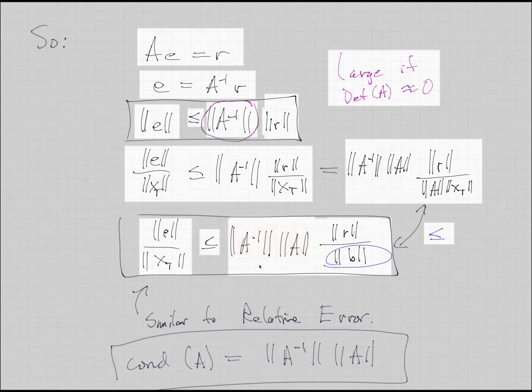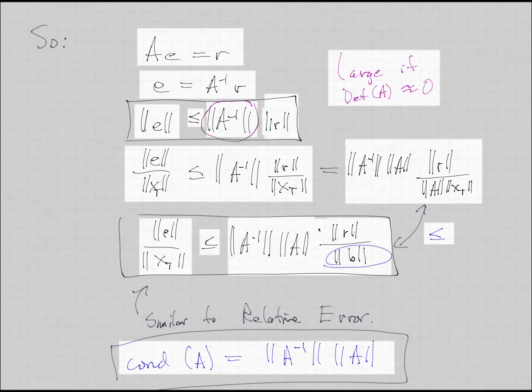And so for that reason, because these two factors appear in this important formula that gives us a bound on the error, that product is called the condition number of the matrix. So the condition number of the matrix is the norm of A inverse times the norm of A. And if that number is very large,